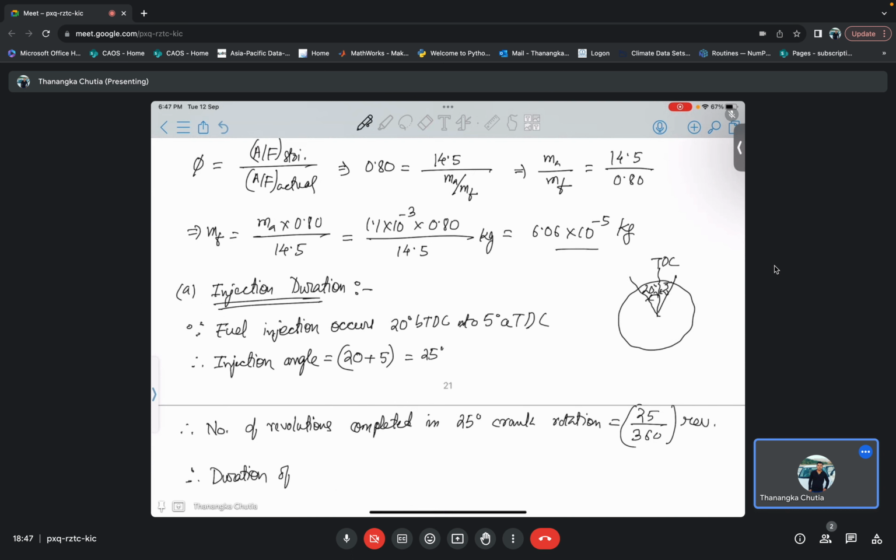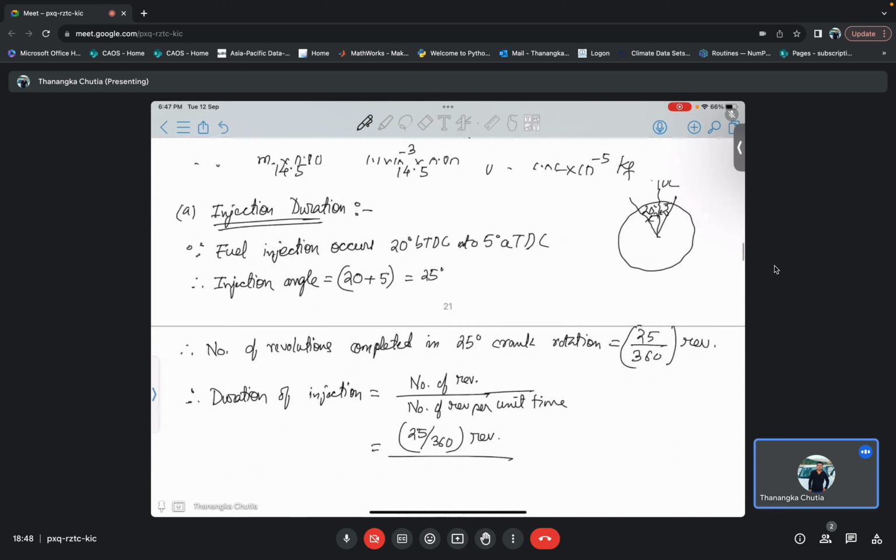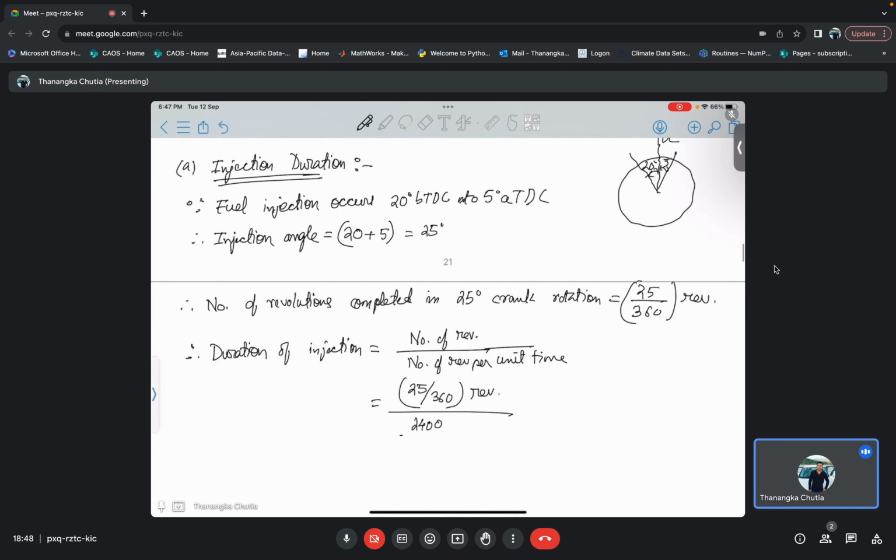of injection is equal to what? Number of revolutions divided by number of revolutions per unit time. Okay, that means your RPM. So the number of revolutions we have already calculated for the injection duration is this one. This is the number of revolutions they have completed, and your RPM is given as 2400, and if I divide it by 60, this will be revolutions per second. So you will get your answer in seconds. Okay,